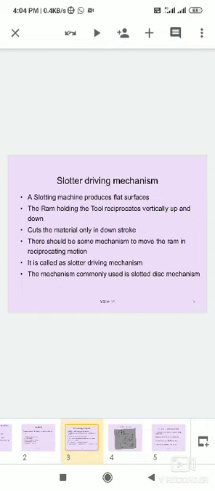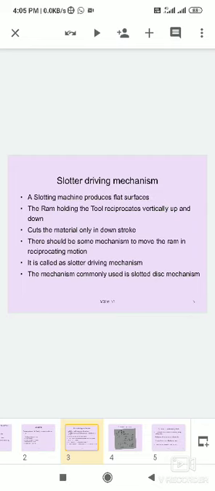This causes the rotation of the driving plate about the point B. The pin on the disc also rotates about the point B. When the block is at E, the ram is at the maximum upward position, and when it is at F, the ram is at the maximum downward position.